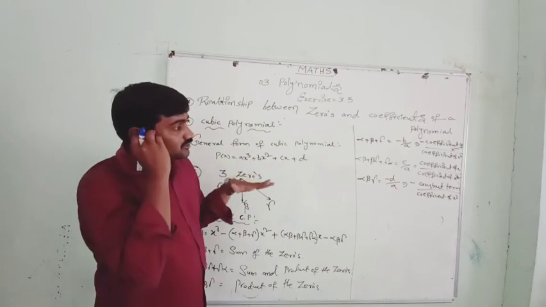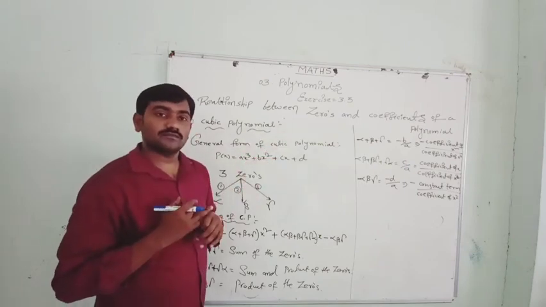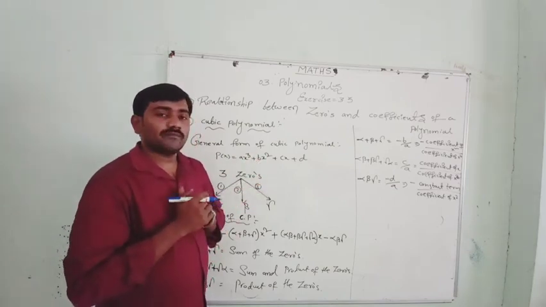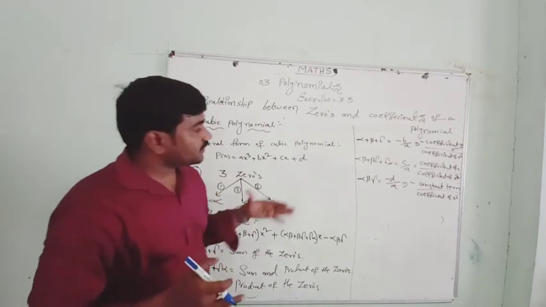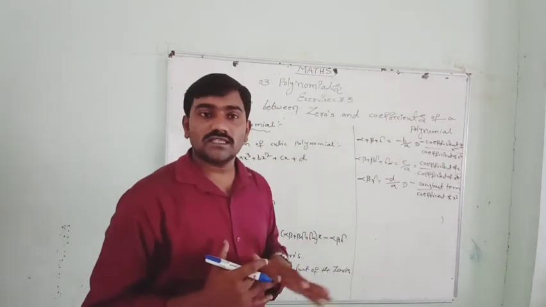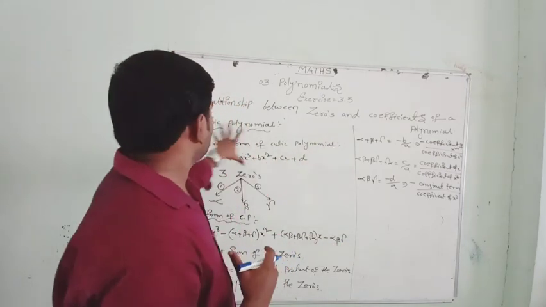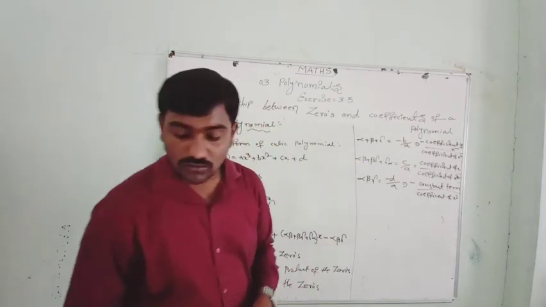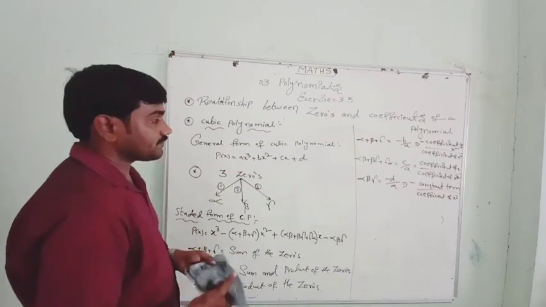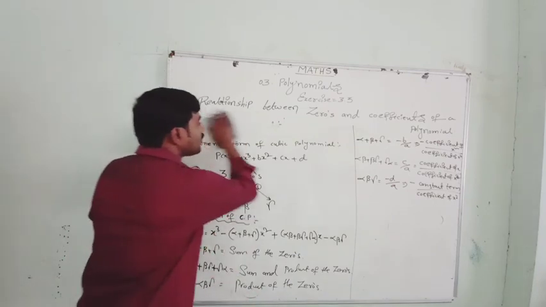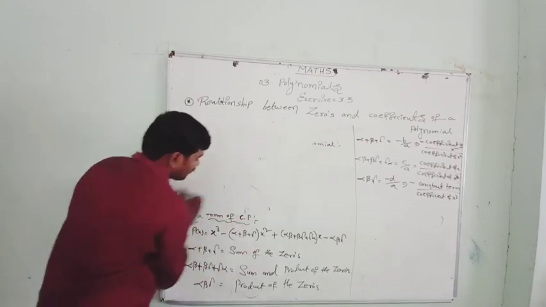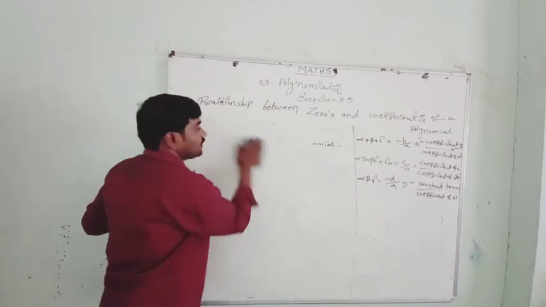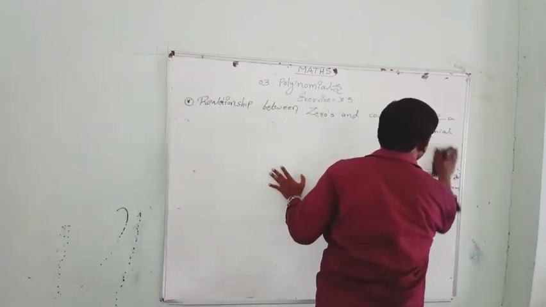Now, how do we check the relation between the zeros and coefficients? If you take any quadratic or cubic polynomial, we can solve this. In the exercise we will get a clear idea of how to go through this. These formulas you need to remember. At last I will give you a clear picture about the linear, quadratic and cubic polynomials. I will be writing all the formulas now. Please observe this, and with that we can end this session.